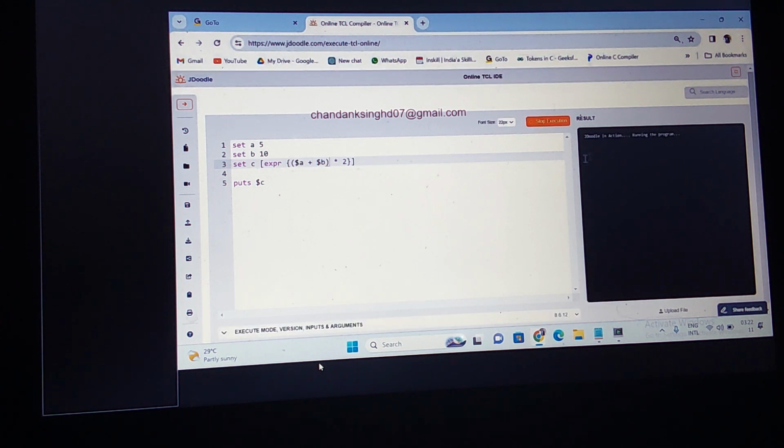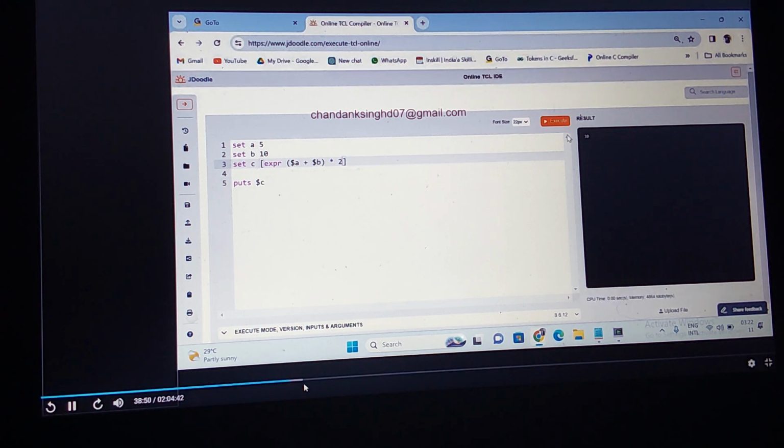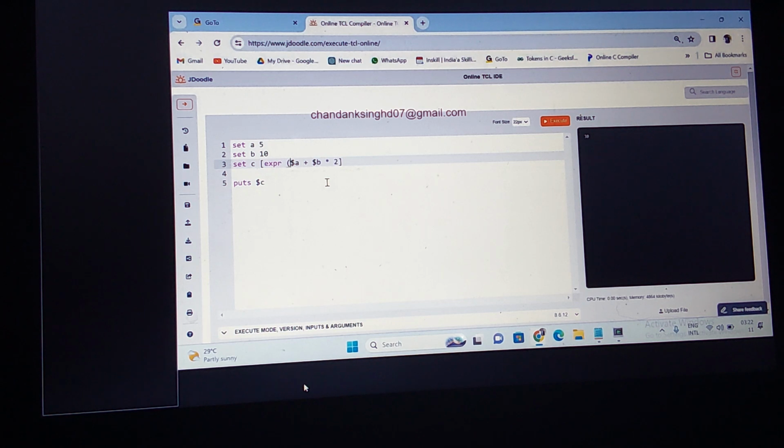What about if I am going with parenthesis? Now this will be 30. We can do this as 30, then also it is correct. Let us remove this curly bracket. What is this? It should be 30. Now let us remove this. Now it will go by order of precedence. First multiplication, then addition. Now it is 25.